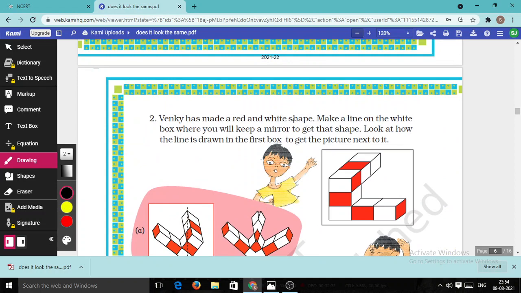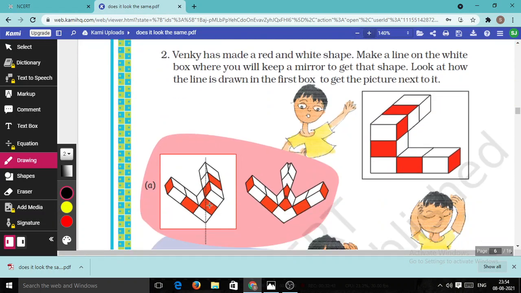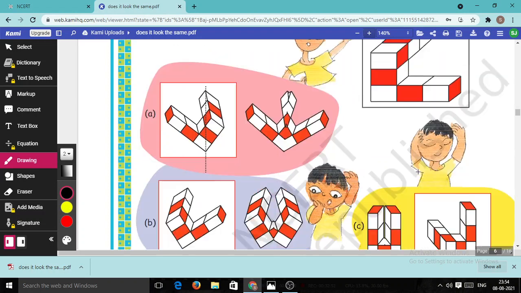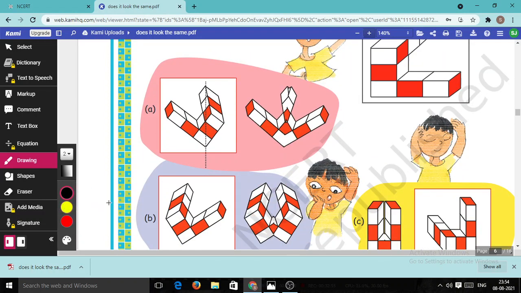Now Venki has made a red and white shape. Make a line on the white box where you will keep a mirror to get that shape. Look at how the line is drawn in the first box to get the picture in the next one. Now we have to draw a line in such a way that we will get a picture in the next box. The first is given to us. So what is our first step? Draw a straight line